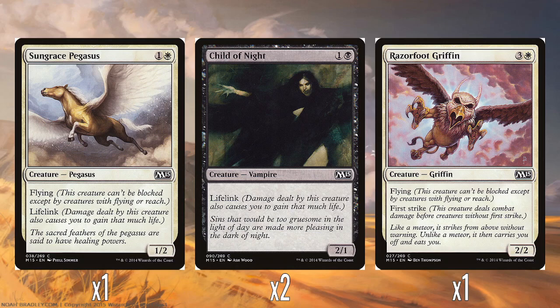2 Child Knight, 1 black for a 2/1 with lifelink. Yep, we've seen Child Knight a million times before, it's fine. And then a single Razorfoot Griffin, 3 and a white for a 2/2 with flying and first strike. Again, another good thing to put +1/+1 counters on because it's already evasive and it's already got first strike, so